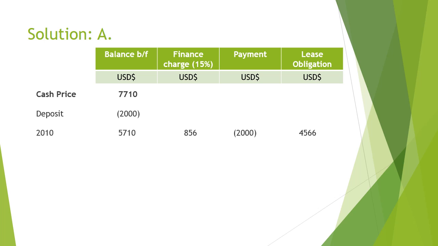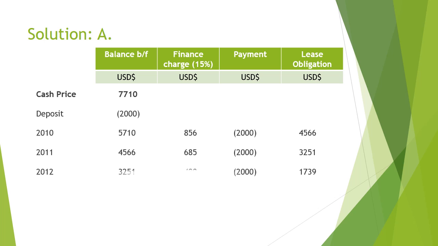And this figure is arrived at by adding 5,710 to our finance charge of 856, and then subtracting our end of year payment of $2,000, we're left with 4,506. In 2011, this 4,506 also earns an interest of 15% finance charge, which is 685. So after a payment of $2,000 is made, we are left with 3,251 to pay as at the end of